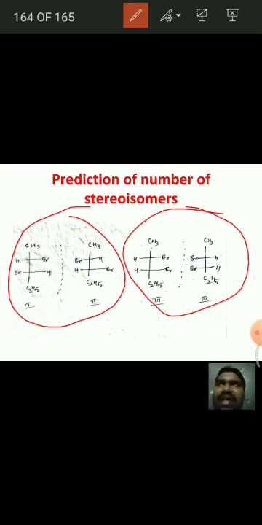In this way we can calculate the number of stereoisomers possible for chiral molecules. First of all we have to identify whether the molecule is symmetrical or unsymmetrical, and moreover if the molecule is symmetrical we have to identify whether the number of chiral centers is even or odd. In these 3 cases we have 3 different formulas. By using those formulas we can easily calculate the number of stereoisomers possible for those compounds, that is, the optically active isomers and meso isomers.